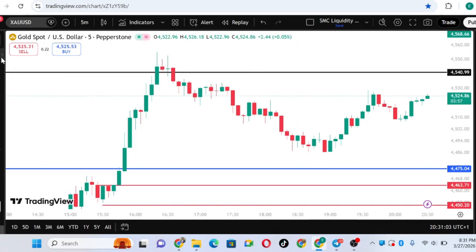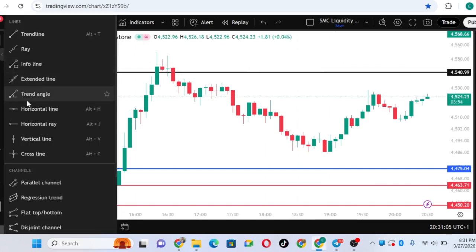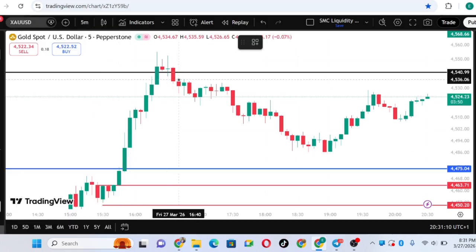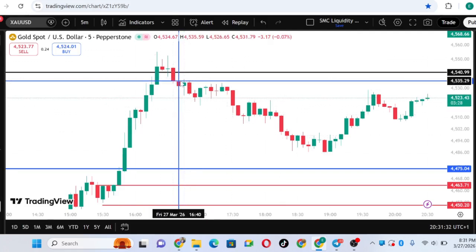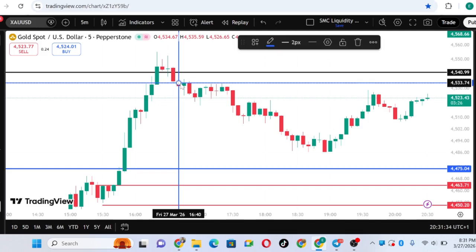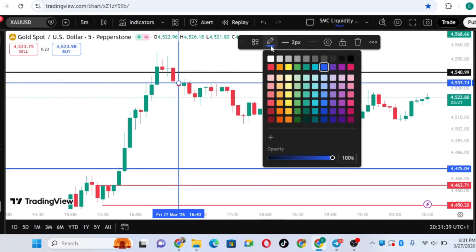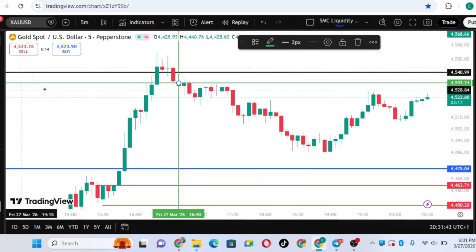Let me keep a line so that you will not be confused. 45.33. You see this place? Good. That's where my cursor is. 45.33. Good. Now you see where this blue line is, let me give this one another line so that you won't be confused, possibly a green line. Good. You see this screen cross, where this screen cross is. So that was where my entry was. I asked them to enter at this point.